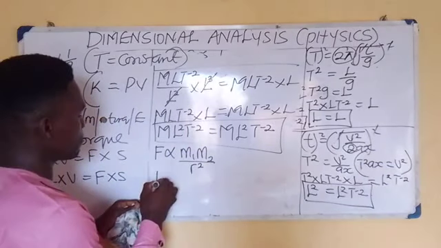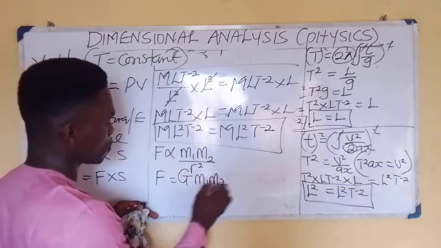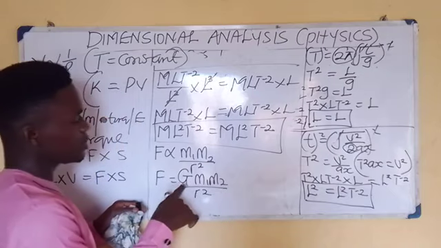Alright, so F becomes big letter G m1 m2 over r squared. So this big letter G is